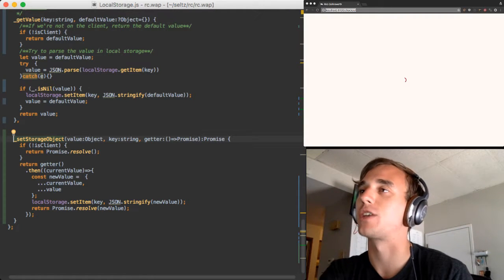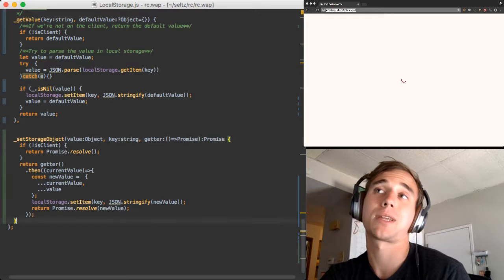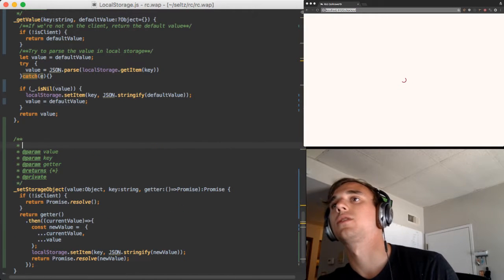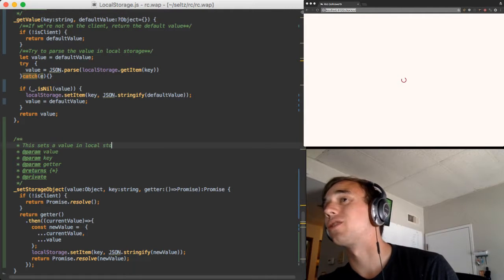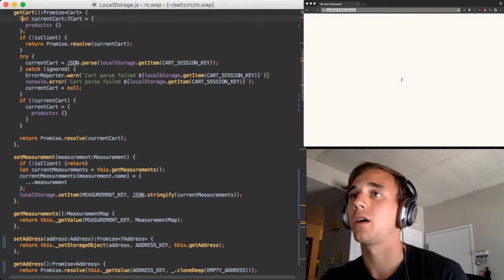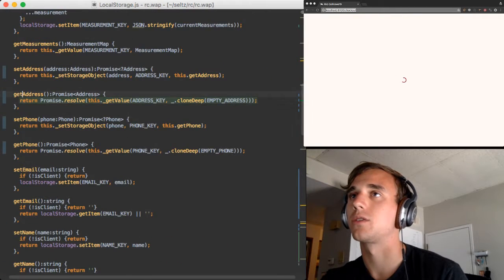I don't have a good metric to say this is when you comment code, but I'm just going to comment this right now. So this sets a value in local storage. And again, I'm feeling lazy right now. I'm not confident in this function, so my comments are going to be terrible. Okay, wait, so